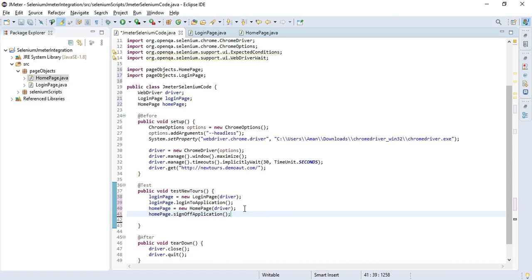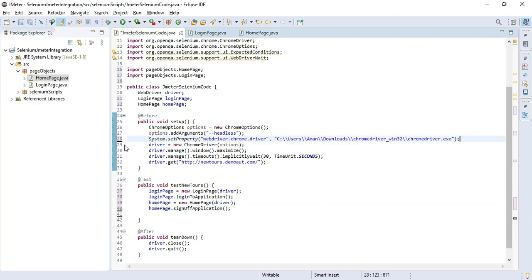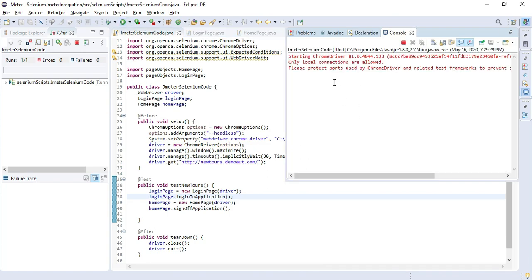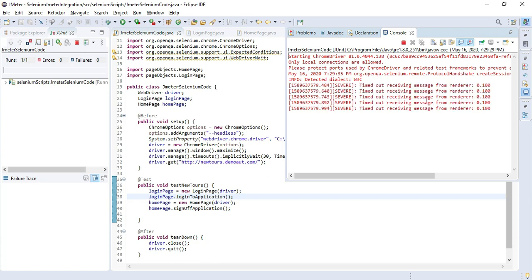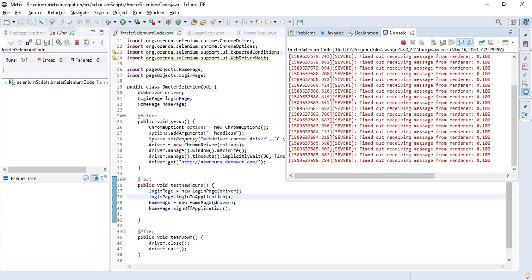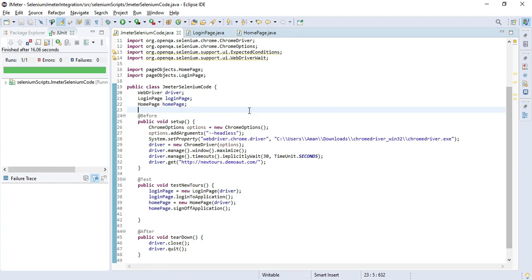Okay, so we have converted our code into a page object model. So let's just execute it again. So let's go. Okay, so execution has started. Okay, as you can see, it is browsing our application, and the script has completed. So once we have done this, you already know how to create the jar file and where you need to place it. So that was all.